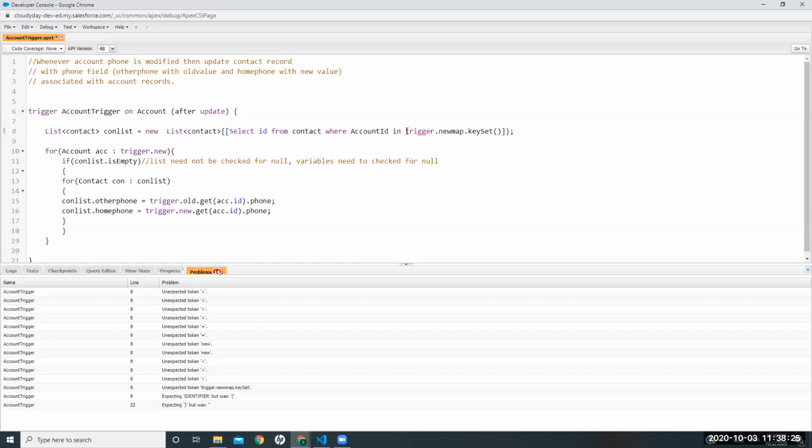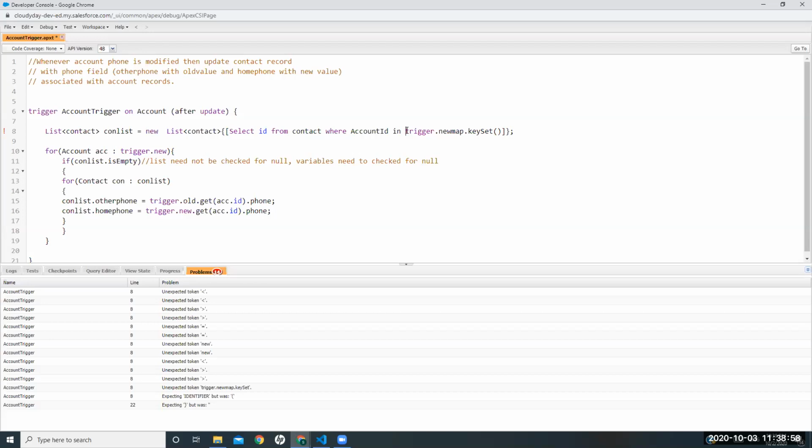Because we are getting all the keys from the new map in trigger. We are passing trigger.newMap.keySet as a set which has values, and only these values will be fetched from the database. So this is what she has done here. Yeah, I understand, but even if we just say WHERE Id IN accountIds, that should be fine, right?